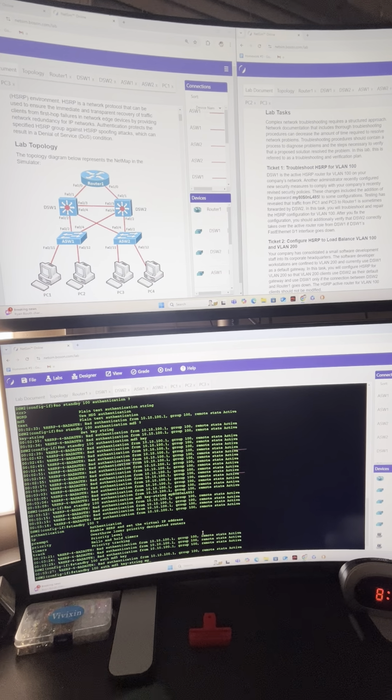So let's move on to the next ticket. Testing has revealed that PC1 and PC3 to router 1 is sometimes forwarded by D-switch 2. You are to troubleshoot and repair the hot standby routing protocol configuration for VLAN 100. After you fix the configuration, you should additionally verify that D-switch 2 correctly takes over. So first, let's make sure that PC1 and PC3